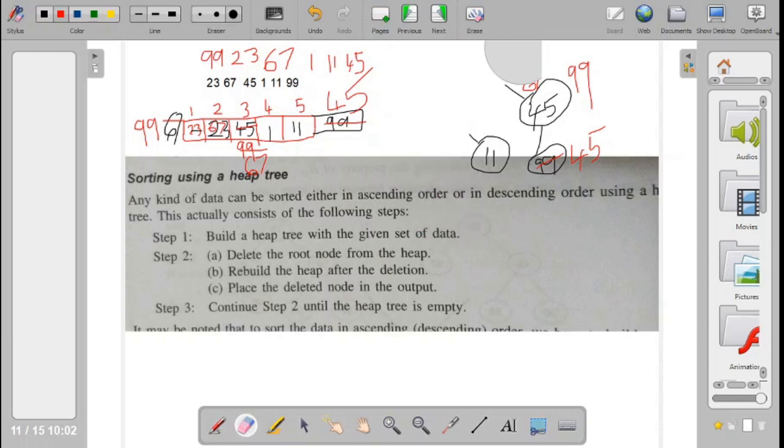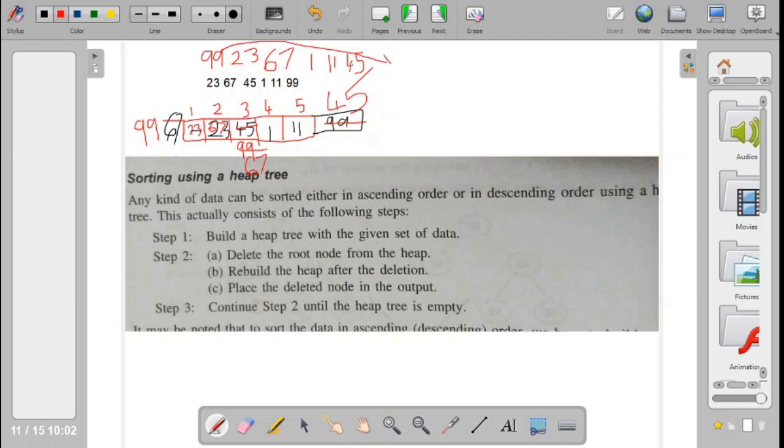So this is a set of numbers. Now to do heap sort, what you do is you bring the largest to the last. That is, you swap 99 and 45. We are going to do an ascending order sorting, which means the biggest number has to come last, right? We know the biggest number in the case of a heap is at the root location. So we swap that and the last number, which means now we have 45 here,